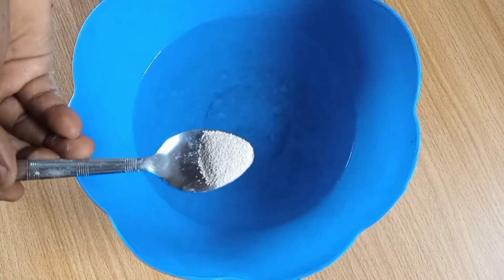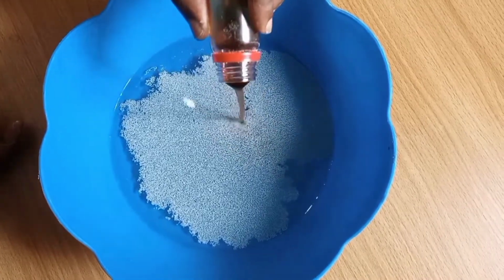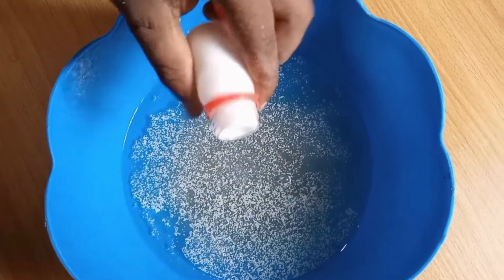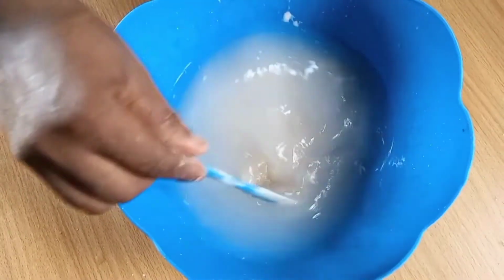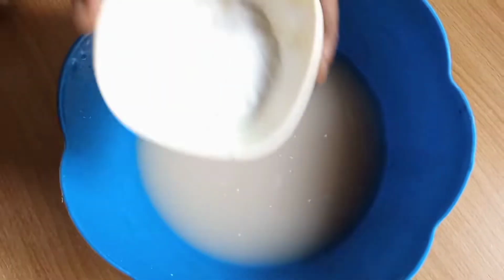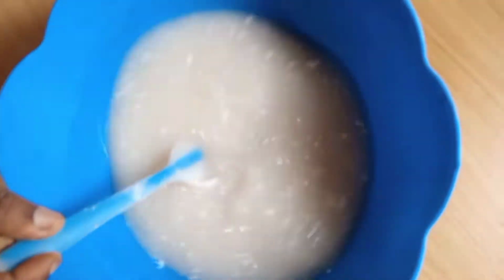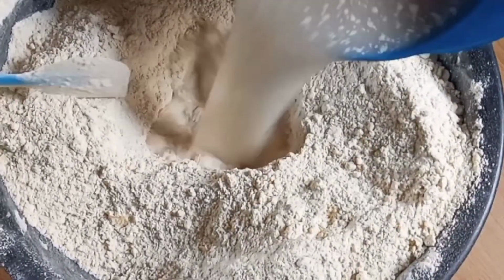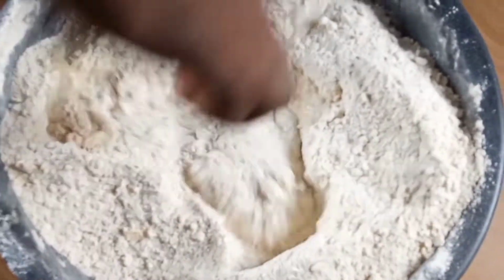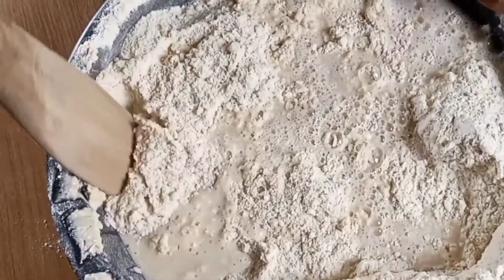Add 1/4 tablespoon of yeast into the water, a little cup of 26 ml vanilla essence, pour it completely. Also add your liquid condensed milk flavor as well. After which you add 1 tablespoon of salt. And at the end, your liquid will look like this. So back to our flour mixture. I will pour in my liquid mix into the flour mixture and mix gradually until they are well mixed and